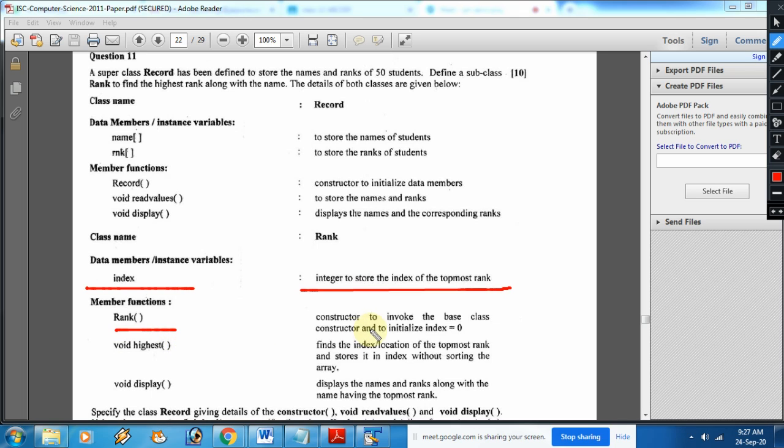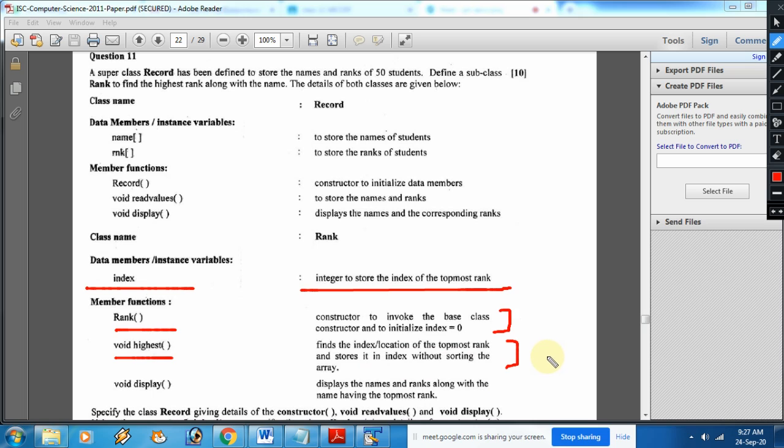Again the constructor is there, to invoke the base class constructor and initialize index to 0. Now here we are not having a parameterized constructor, we are having the default constructor. Please pay attention here everybody. In the other method, void highest, you need to find the index number having the highest rank and store it in an index variable without sorting.